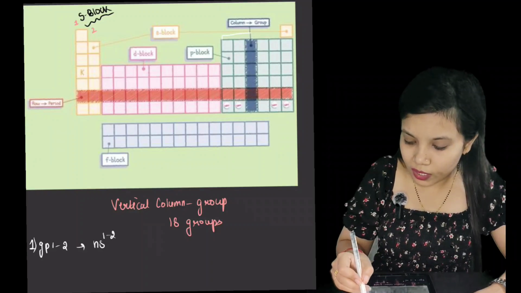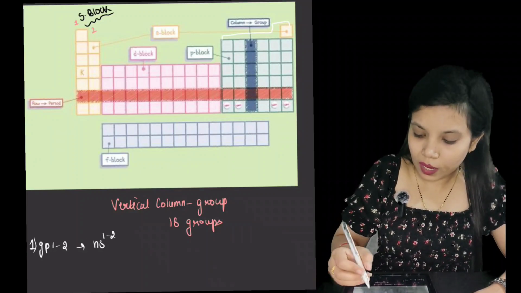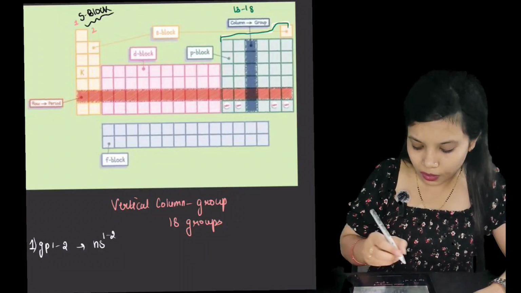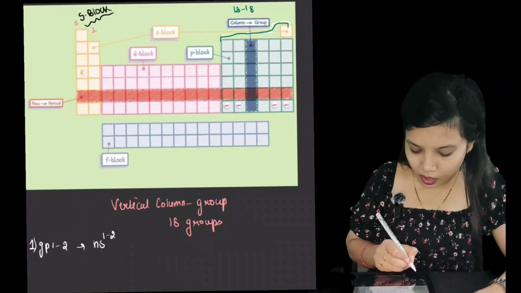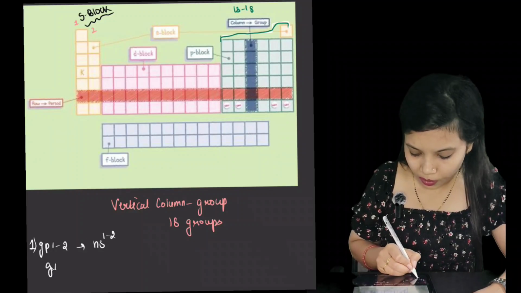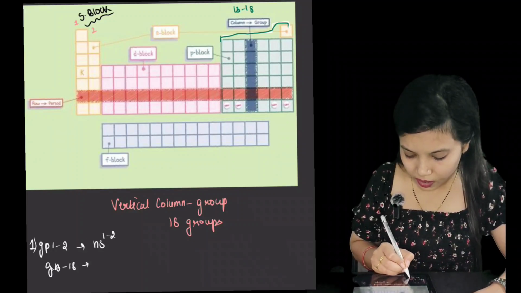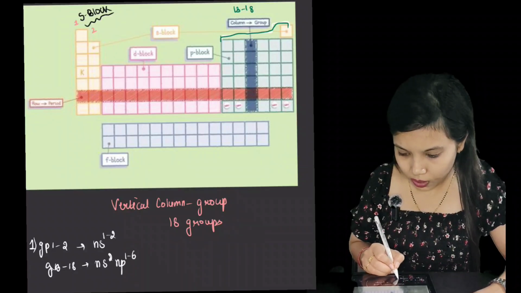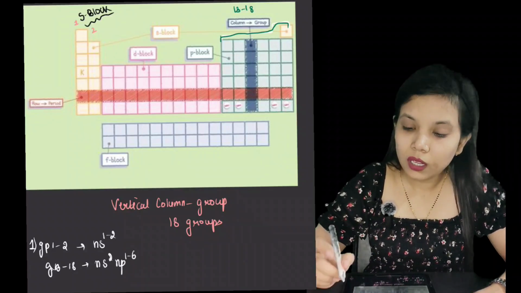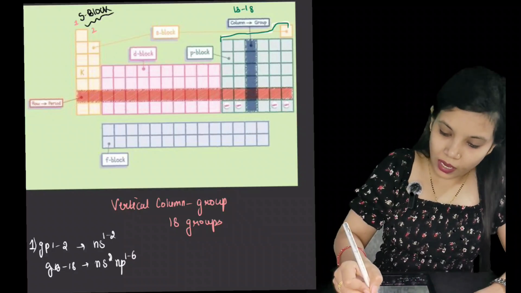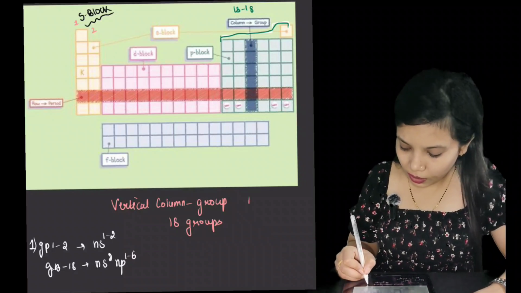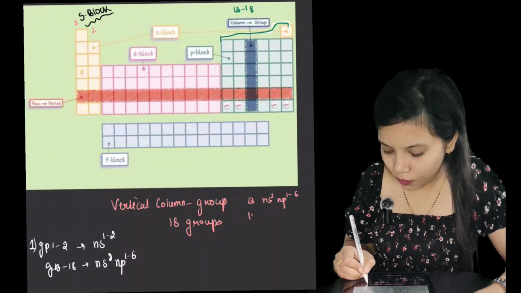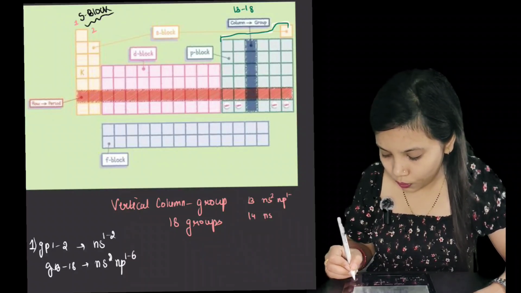If I talk about the group from 13 to 18, students, group number 13 to 18 has general configuration ns2 np1 to 6. For example, group 13 will have ns2 np1, 14 will have ns2